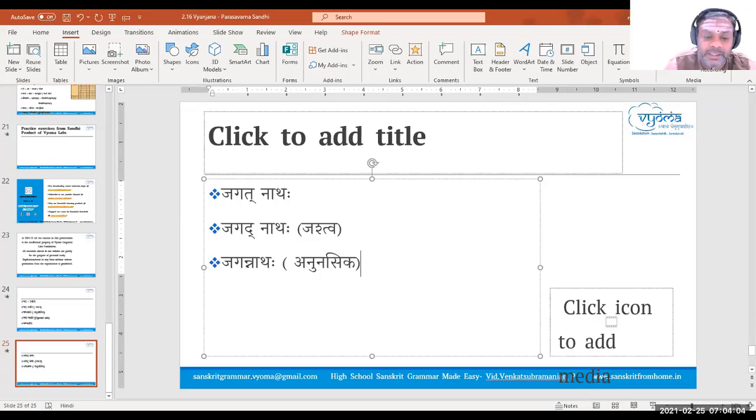But when I gave the examples in Jastva Sandhi, I gave it directly as Jagadnathaha, and in Anunasika Sandhi, when I gave the examples, I gave it as Jagadnathaha. I gave this intermediate form. So it became Jagannathaha. So we have to understand whether it is the intermediate form or the first form. I gave the intermediate form so that when we are learning Anunasika Sandhi, we should learn the concept of Anunasika Sandhi. That is why I gave this form. But if the Sandhi is given as Jagatnathaha, the first step is to do Jagadnathaha by Jastva, and the next step is to do Jagannathaha by Anunasika. I hope I have clarified the Jagannatha question which was there.